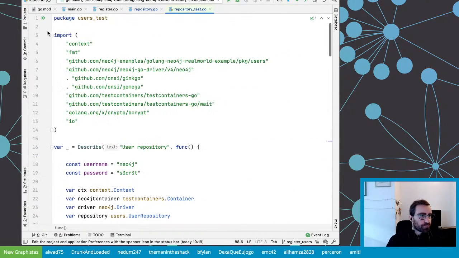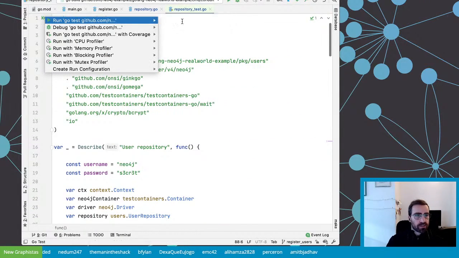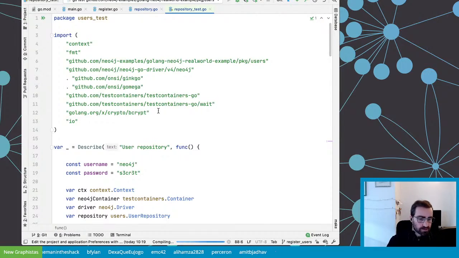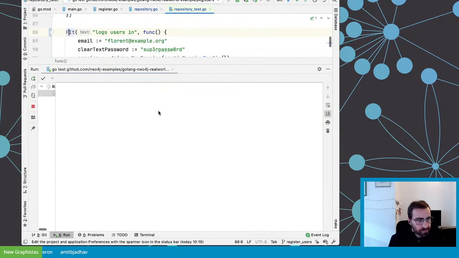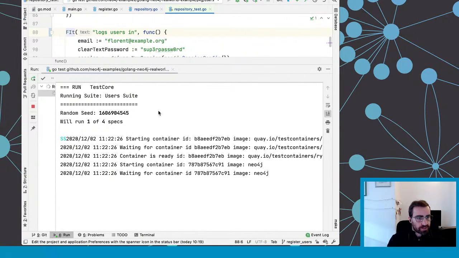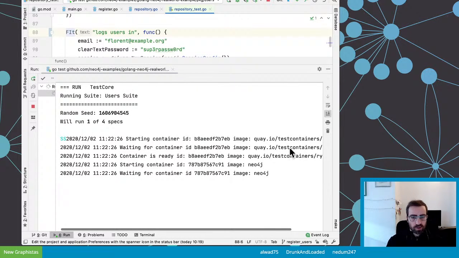And so if we run this test, it should fail because the implementation is not ready at all. So let's see what happens. So, compiling the project. See, it will run only one of 4 specs because that's the only one that is focused at the moment. And you can see the logs for Testcontainers.